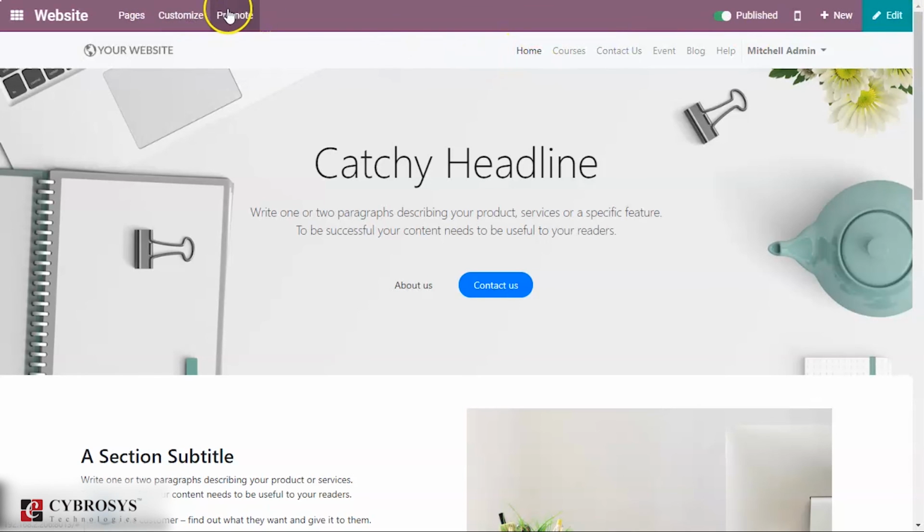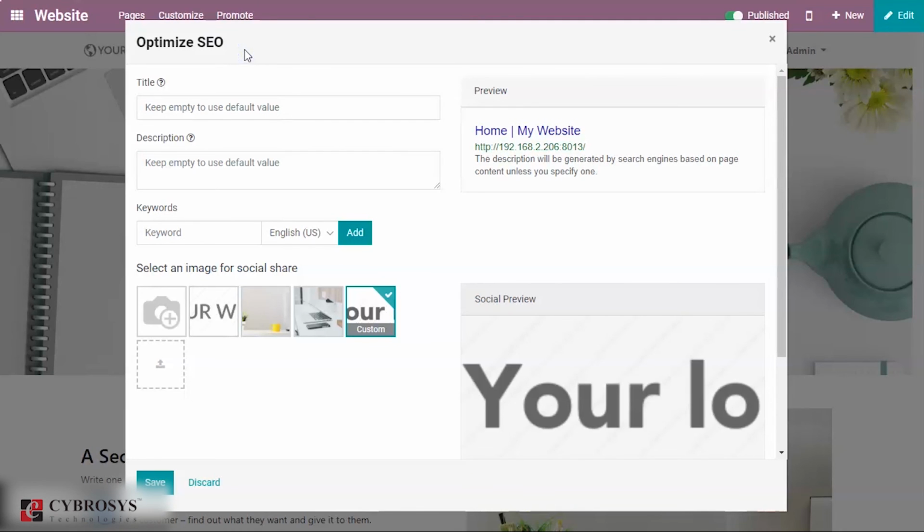Then under promote, you can see optimize SEO, that is search engine optimization, in order to increase the number of visits of our website. To know more about SEO optimization, click the link above. I'm just closing it.